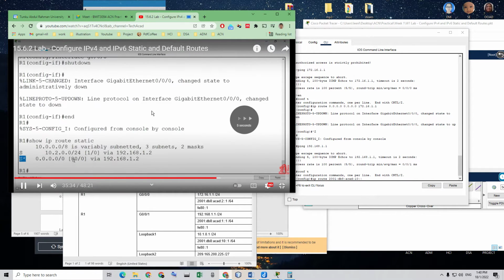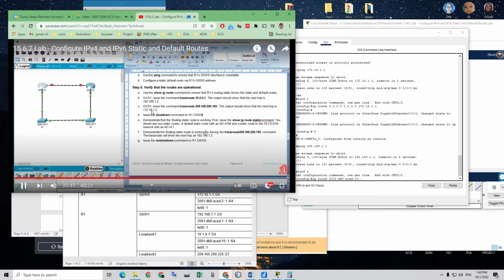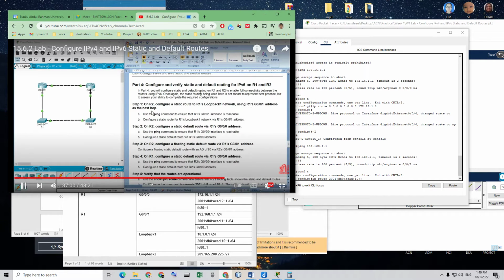End distance of 80. Then demonstrate the floating static route is working by issuing the static and default routing on R1 and R2. This is not best practice, but to assess your ability to configure the routers using IPv6. Once again, the static routing being used here is not meant